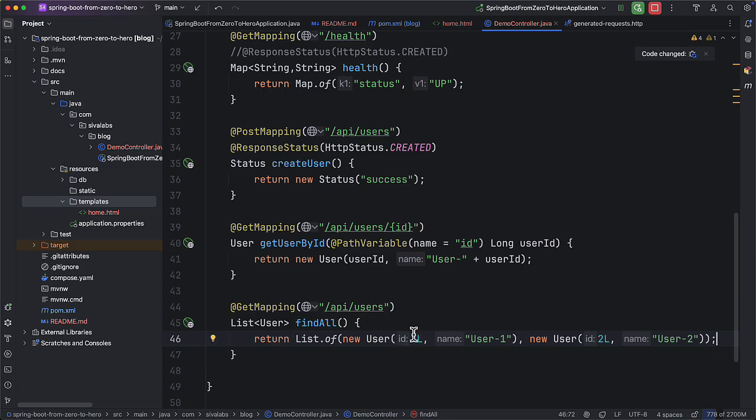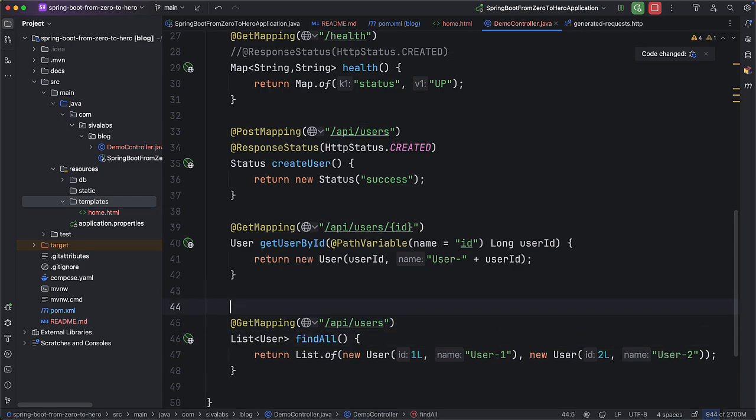Okay, we are returning some dummy values here. So imagine we want to do some kind of pagination where we are expecting the users to specify